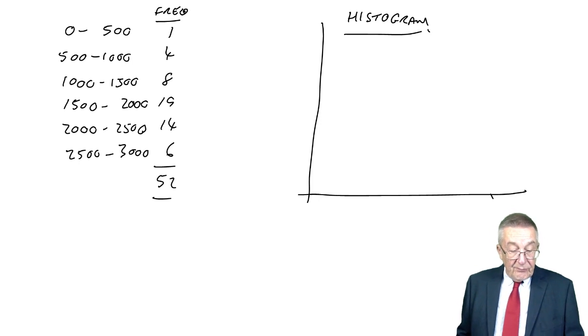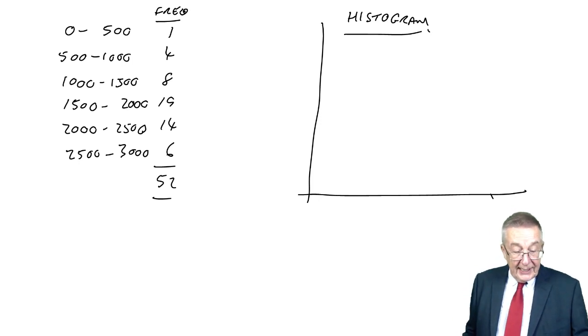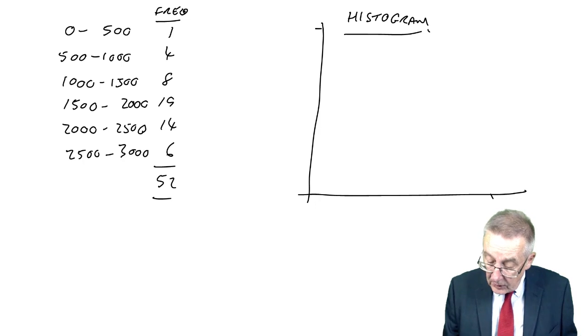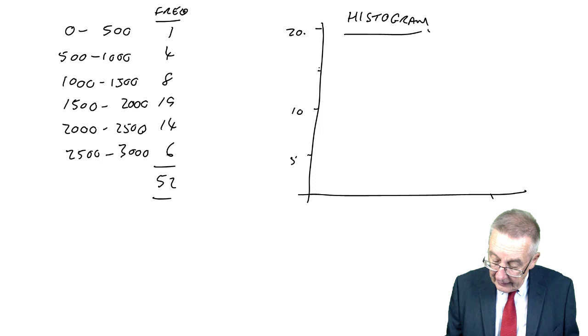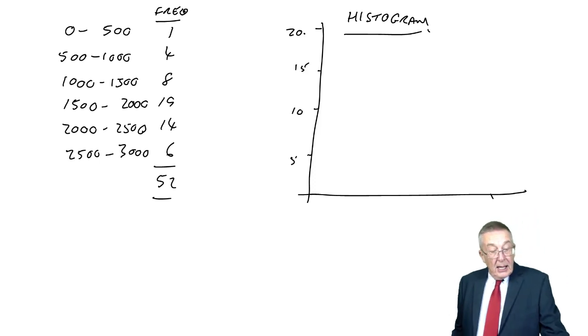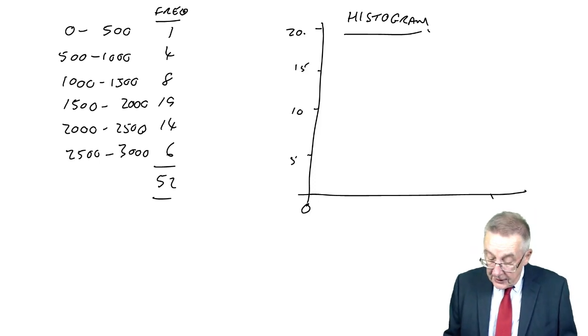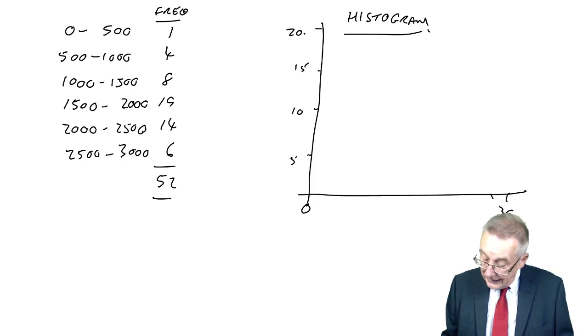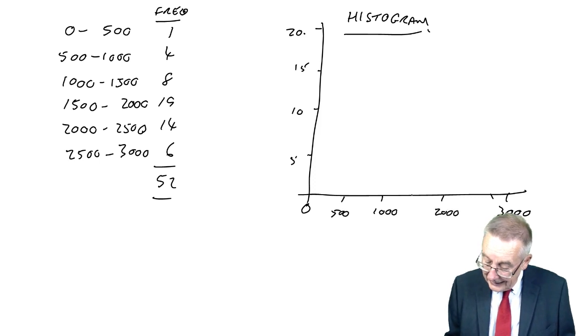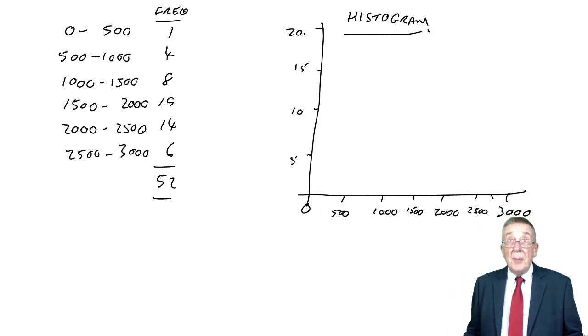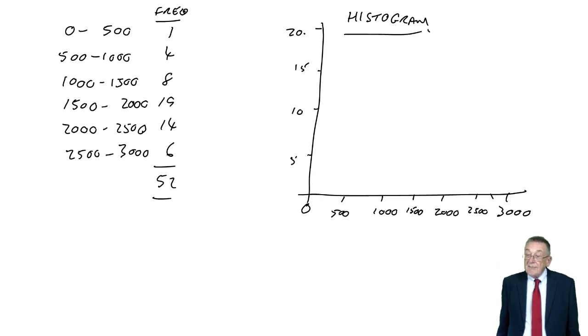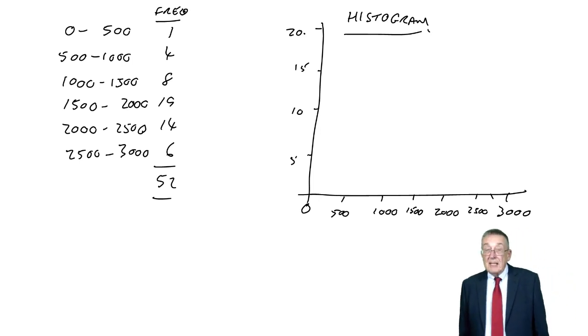So here the frequency, well, the highest was 19, the lowest was 1, so if I go up to 20 there, 5, 10, 15, and we were going between 0 and 500 up to 3,000. So 1,000, 2,000, 500. I'm not going to try and be perfect here, and you won't be asked to draw one in the exam. But just to present that as a diagram,